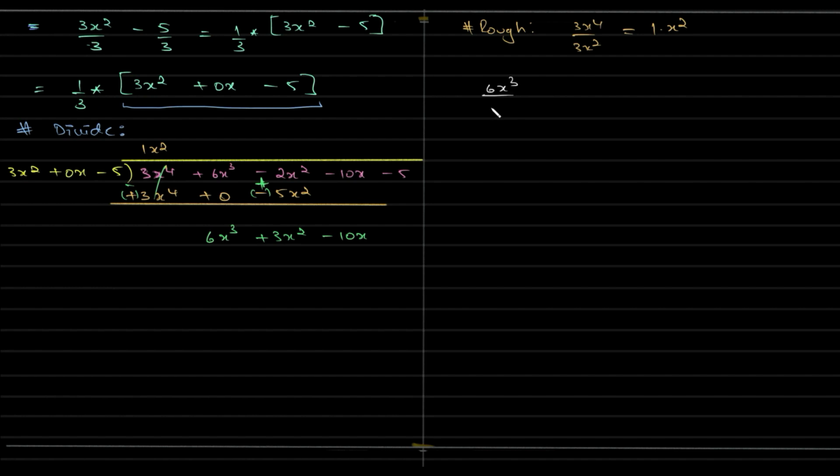6x cube by 3x square, which is nothing but 2x to the power of 1. So plus 2x to the power of 1. So we just have to multiply this with all of this. So we have plus into plus is plus, 3 into 2 is 6, x square into x to the power of 1 is x cube. The next term is 0 and the last term is minus 5, right? Minus into plus is minus 10x,